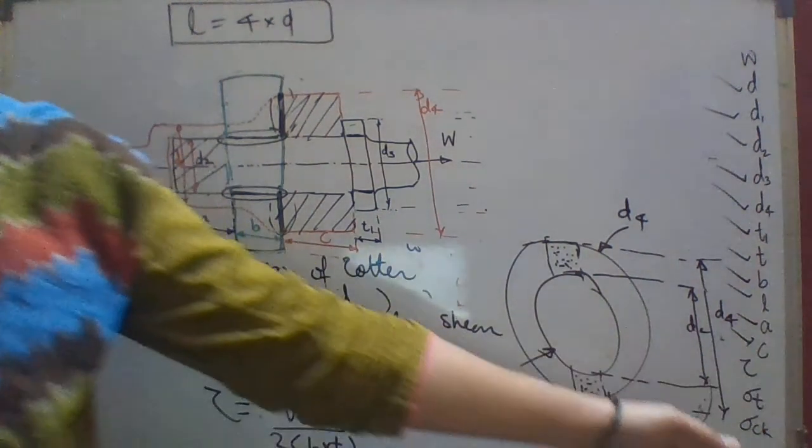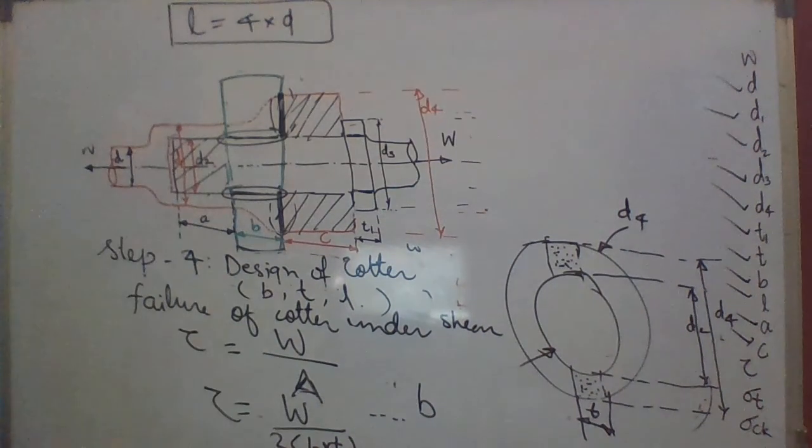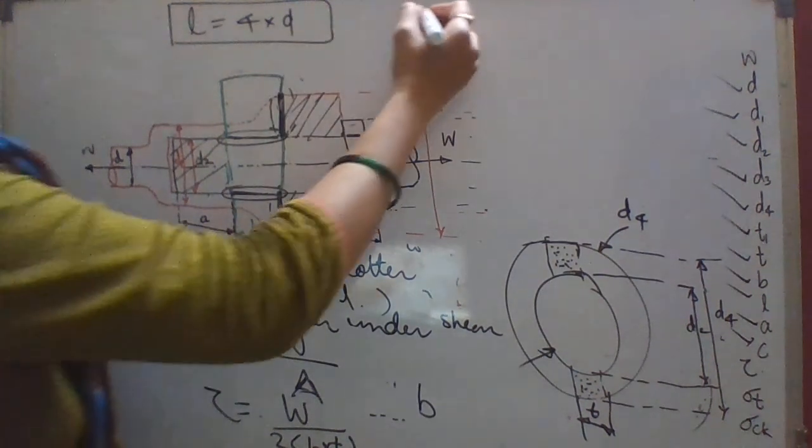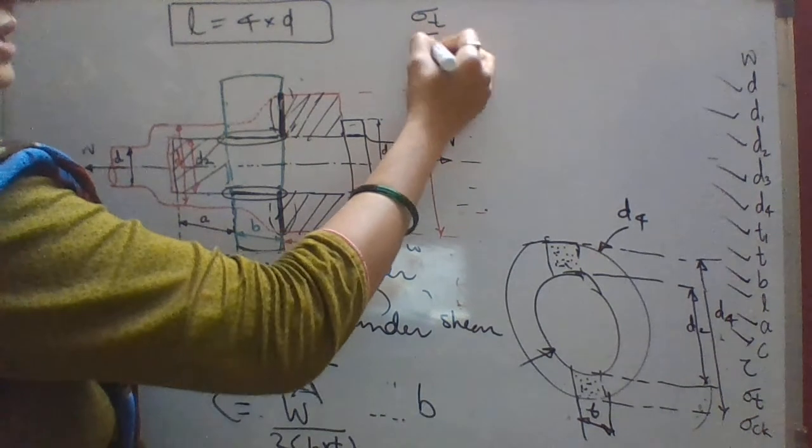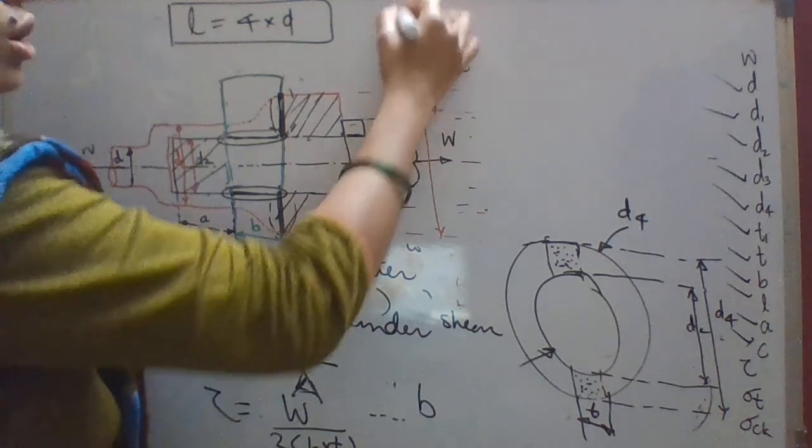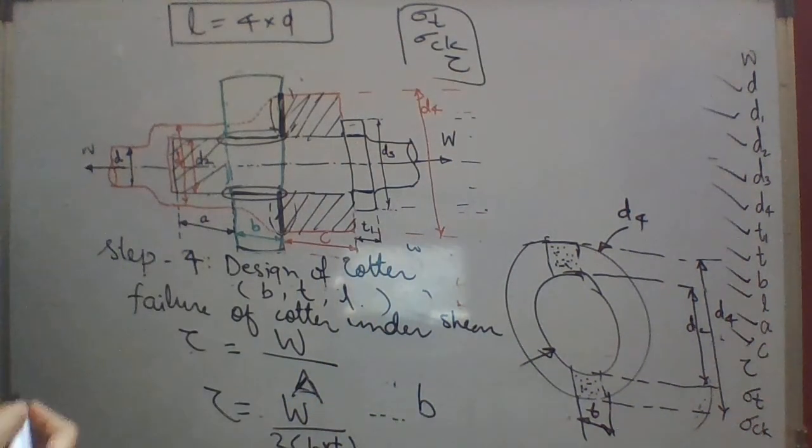These are the stresses which were given and W was the load. So in this style, we will calculate the different dimensions of the cotter. This is little bit lengthy. All these जो भी stresses की equation है जिसमें sigma T, sigma C या tau आया है, all those equations are called the equation of the strength.